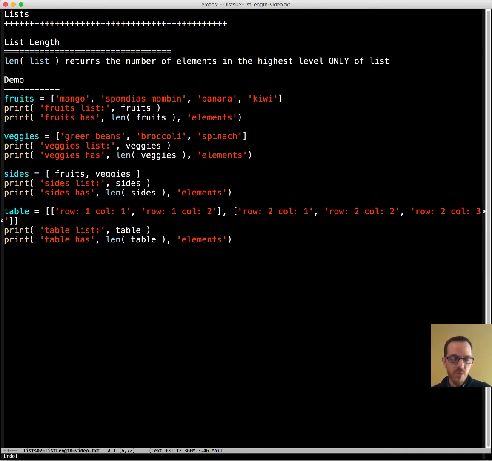The level that we provided to length, that's the level it's going to display them. And so for both sides and table, there are only 2 elements in those lists. Now those 2 elements happen to each be a list themselves, but they only have 2. So for